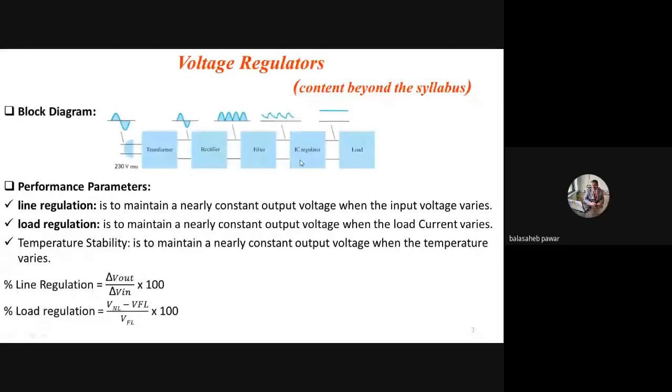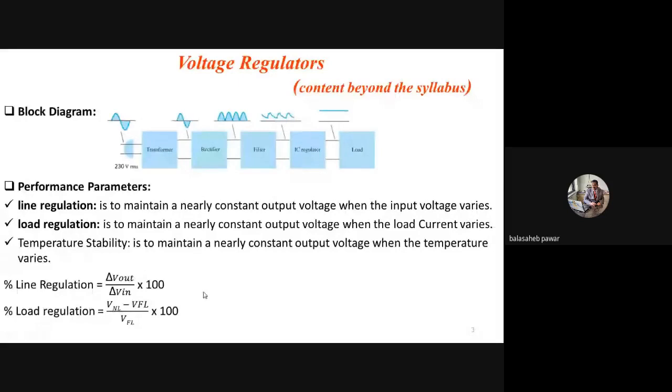Yes, sir. Okay. So see, after that IC regulator, even if the load is connected, that voltage waveform does not get disturbed. It remains pure DC, a straight line, right? So whatever the load current condition, the output voltage almost remains constant, and that's why this is the block diagram of a regulated power supply. So in this unit, you have to study these IC regulators. These performance parameters we already discussed in the last lecture, so no need to repeat them. So I will go ahead.